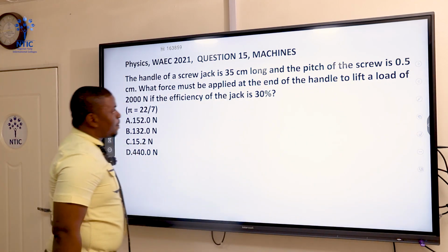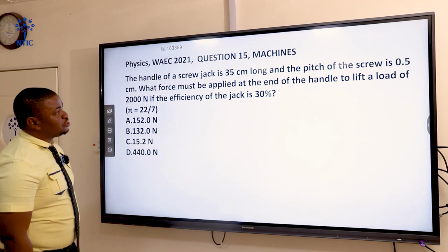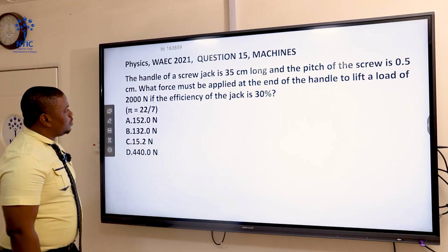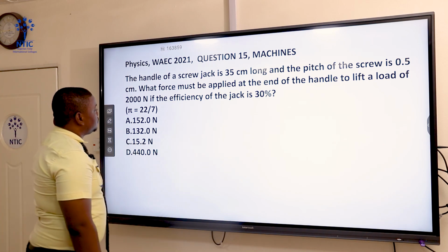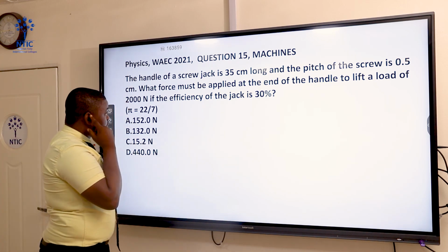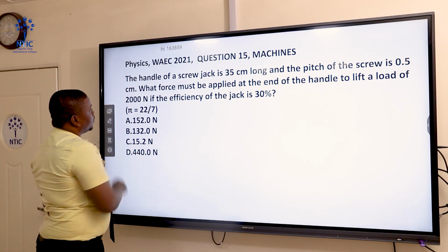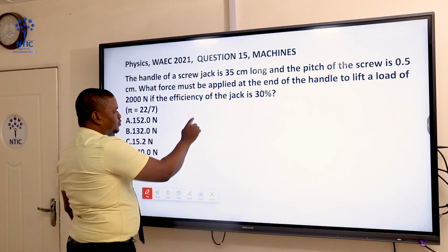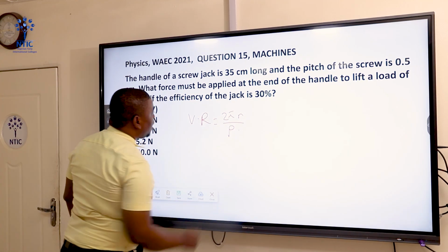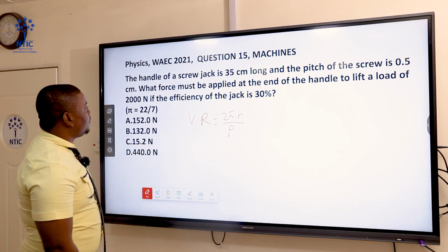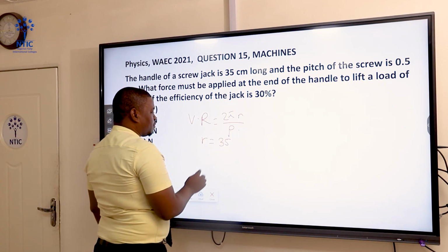Next. Machine: the handle of a screw jack is 35 centimeters long and the pitch of the screw is 0.5 cm. What force must be applied at the end of the handle to lift the load of 2,000 Newton if the efficiency of the machine is 30%? Now, this is from machines, a screw jack or a screw. The VR of a screw is given as 2 pi R over pitch. The R there is the length of the tommy bar or the handle. So in this case, your R is 35, and